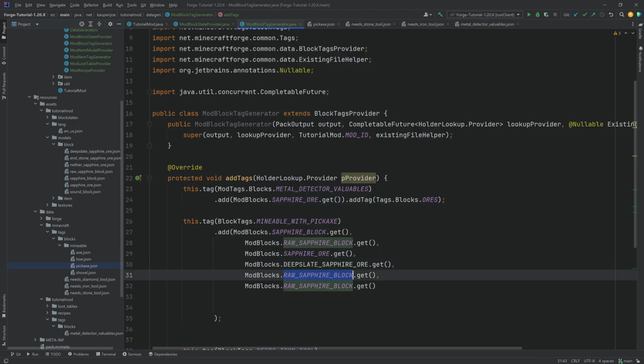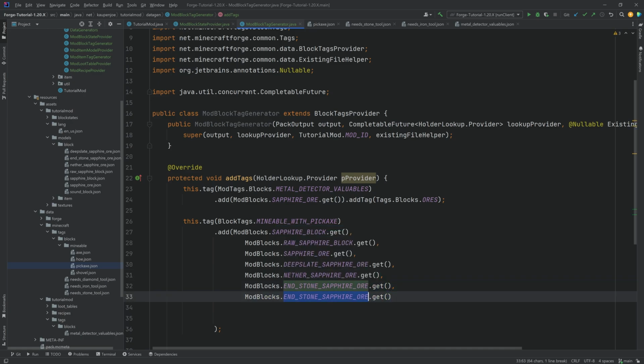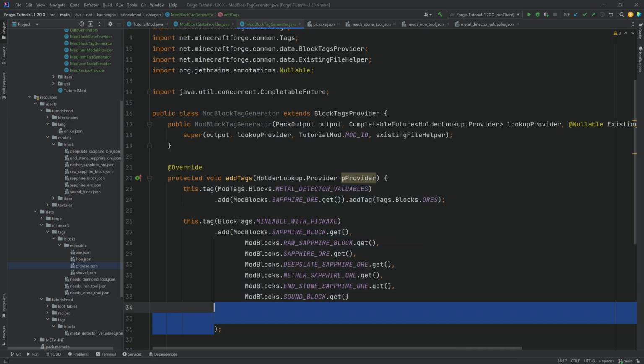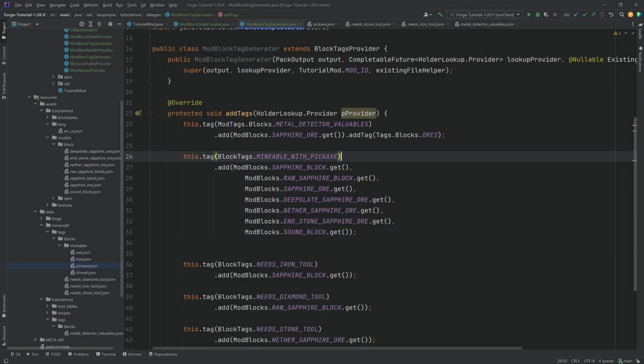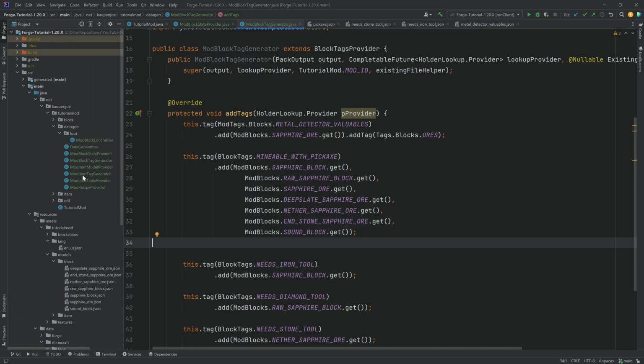I'm going to have the deepslate ore, I'm going to have the nether ore, the end ore, and then last but not least, we can also add the sound block, and that should be all of the blocks that we need. So if you have another block that you're going to be able to add with the pickaxe, you can just add it right here. And with that, we pretty much have all of the different block tags done as well,